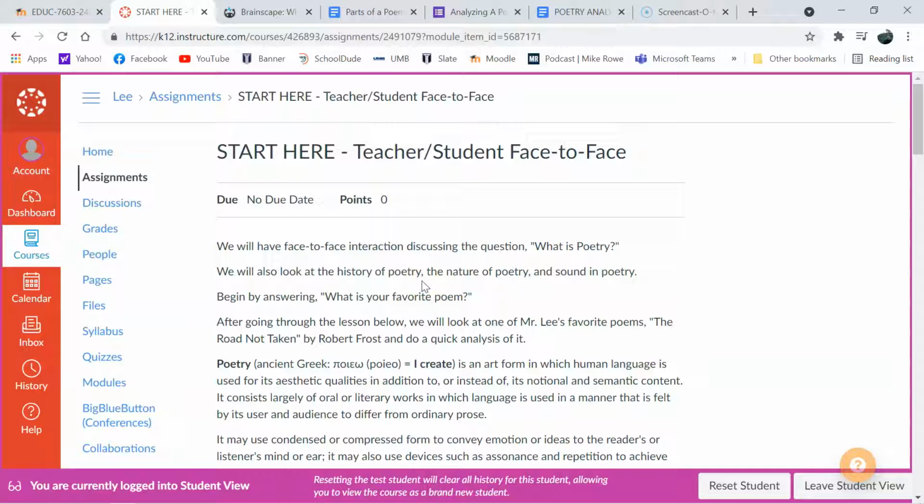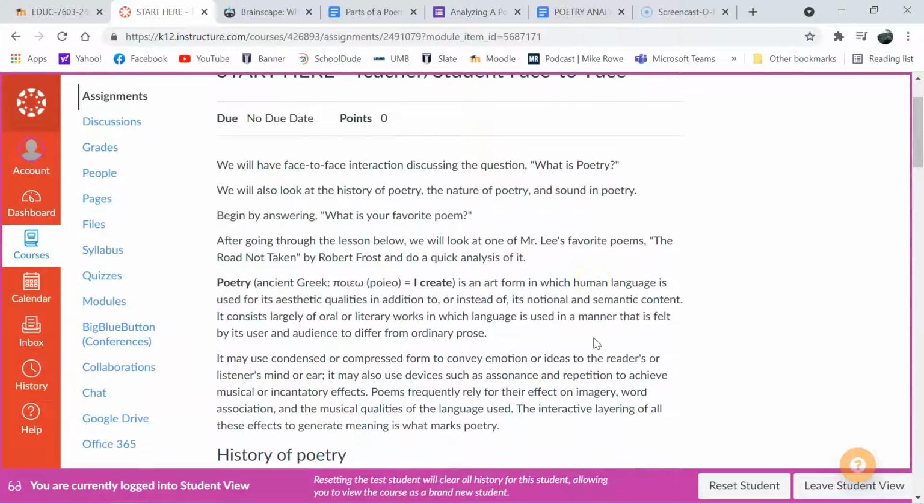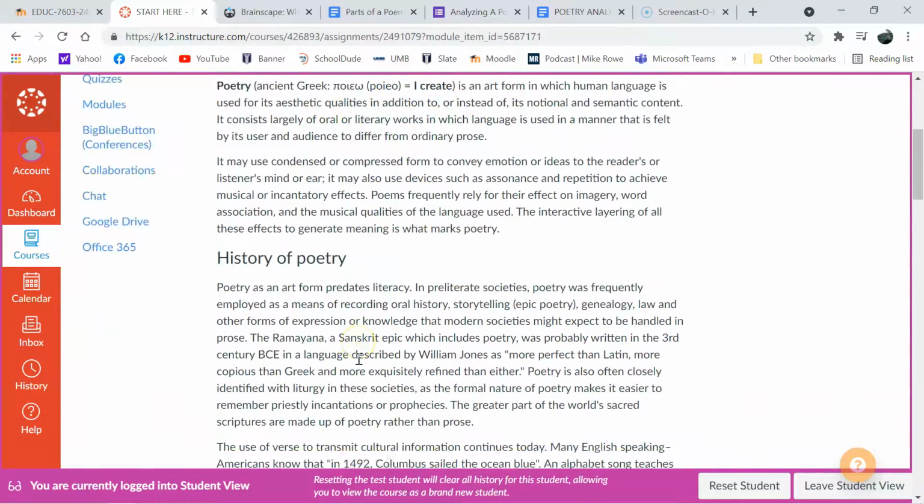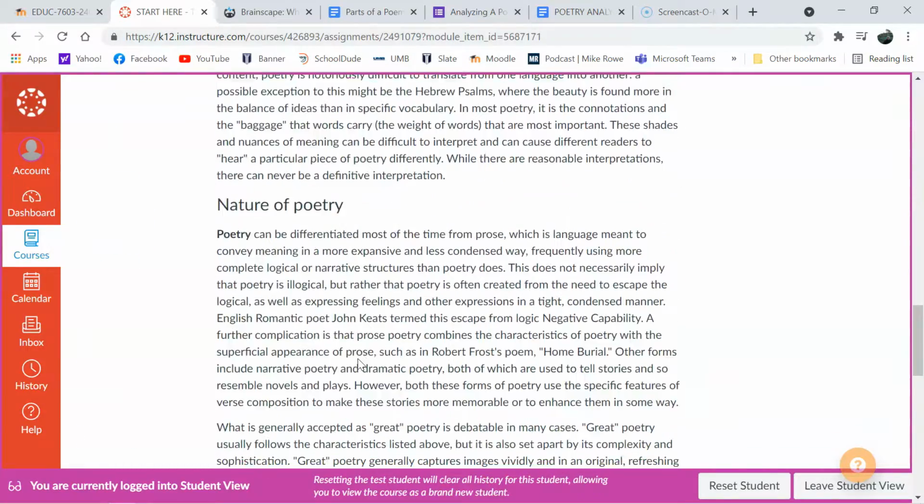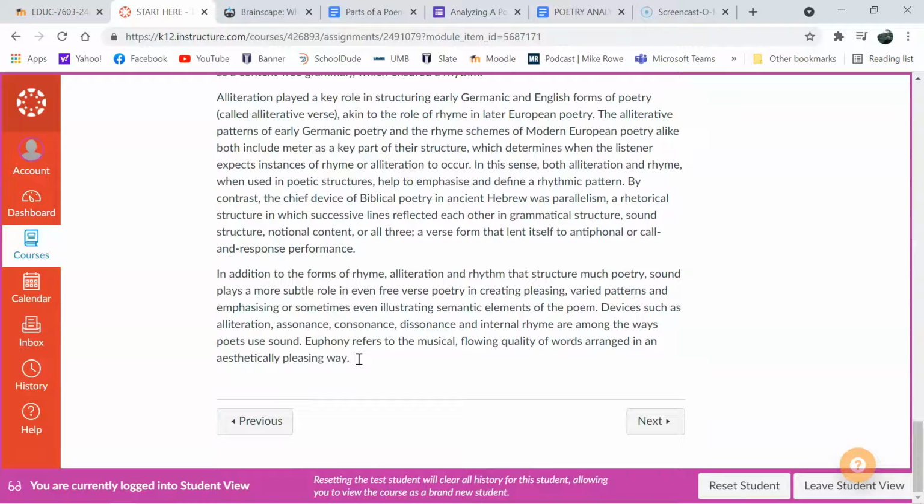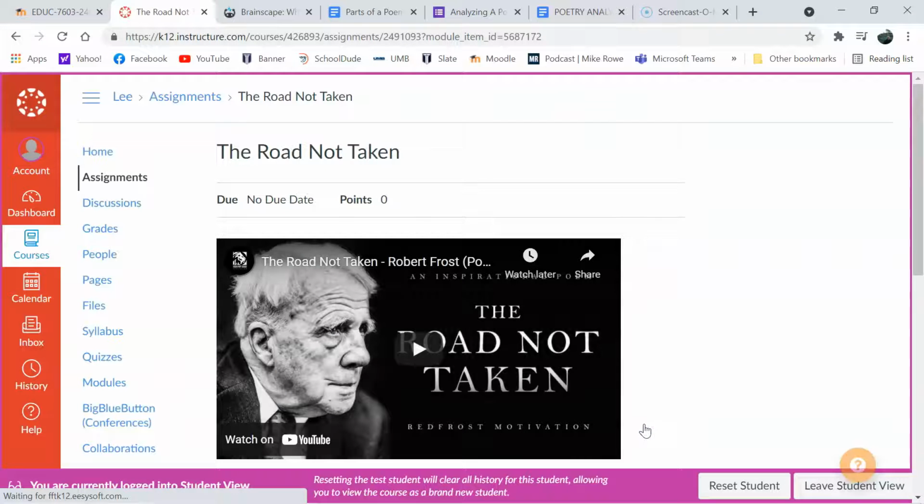I will ask them what their favorite poem is, if they have one. Then I'll tell them what mine is, which is The Road Not Taken by Robert Frost. Then we will dive into what poetry is, the history of poetry, the nature of poetry, and the sound of poetry. After we talk through that and discuss different aspects of poetry, then they'll click the next tab,